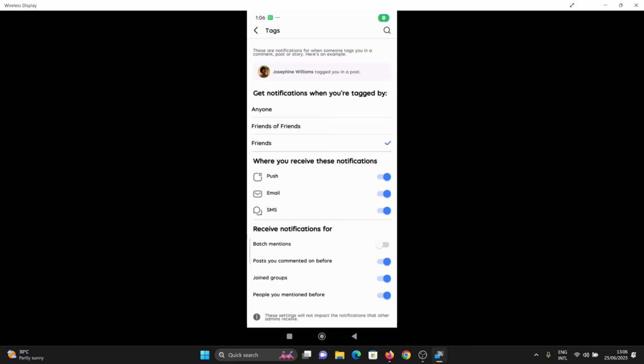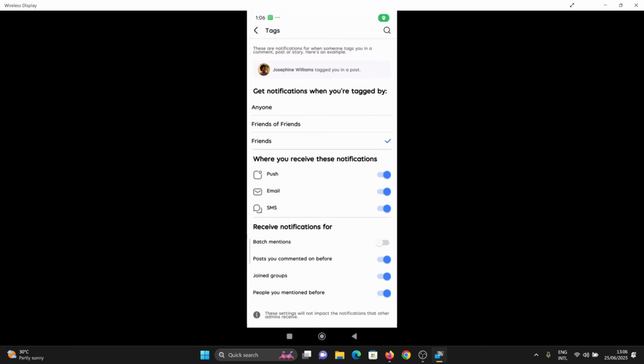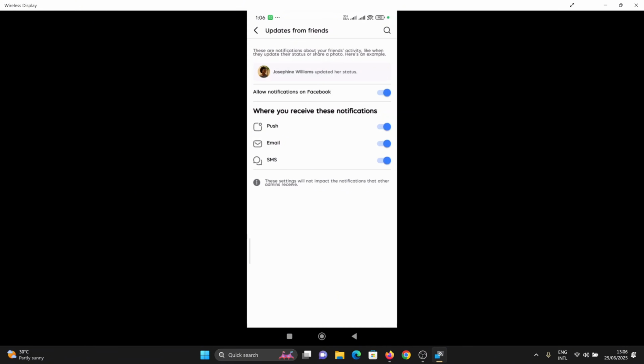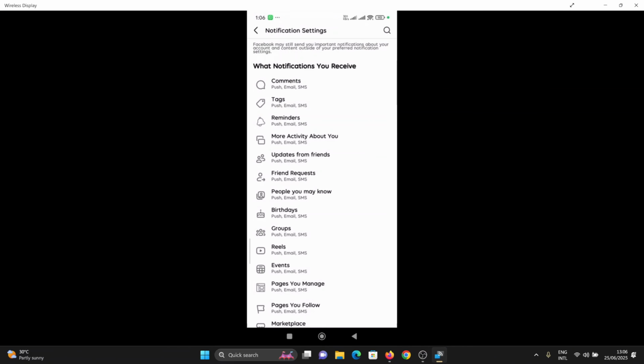Also for tags, the same applies. You can also go through that option, and then reminders, and then updates from friends, and like that. So just take your time to run through the options, register your